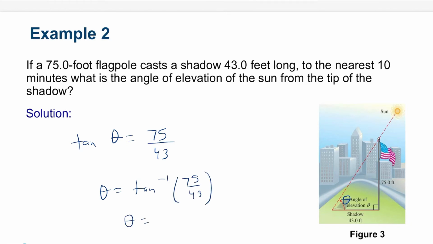Using our calculator, make sure you're in degree mode. That'll give us inverse tan of 75 divided by 43 is 60.2 if you round to one decimal place. All right, so that would be your angle of elevation. For the next example,